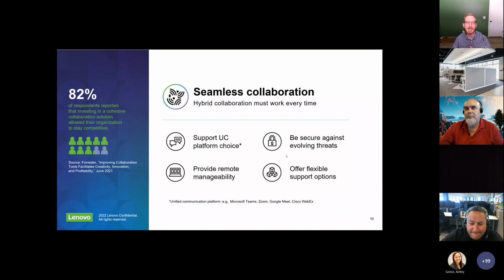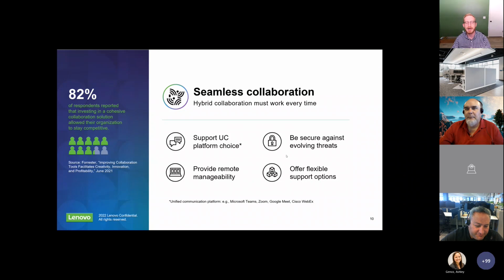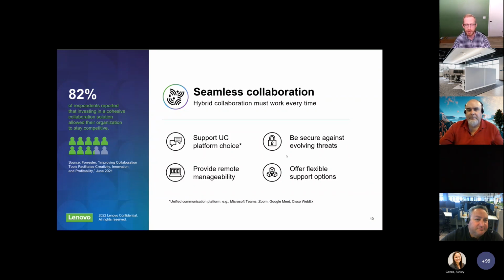Of course, it only natively supports Teams, but our ThinkSmart Hub and our core room kits actually will support third-party conferencing as well. It won't have all the features and functionality of WebEx and of Zoom, but you will be able to actually run meetings on the same device, which can be super helpful for those devices that are assigned to a room license and sit in a room for one touch to join. We also offer a ton of flexible support options I'll hit on here in a minute,